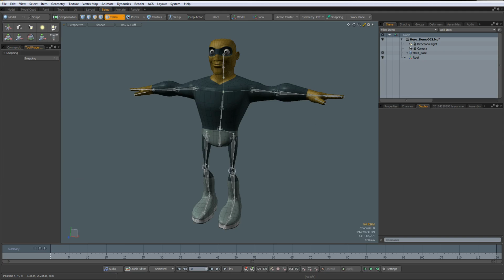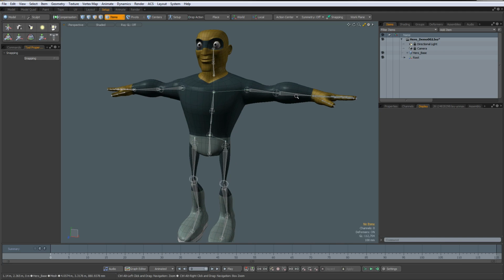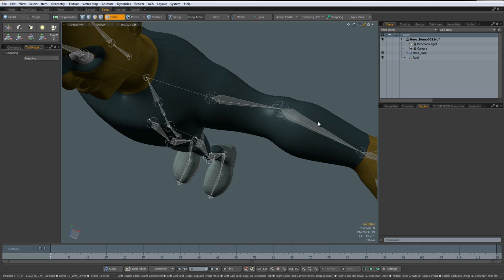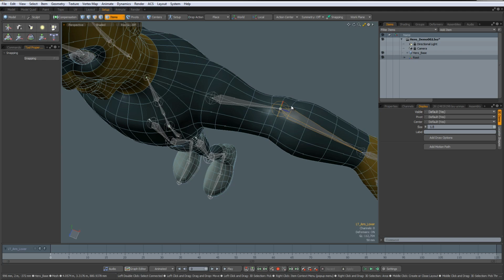The setup action state in MODO quickly became one of my favorite features when rigging and animating. This feature allows you to refine a rig after you've already started animating without having to remove or disable any of the animation. So if I were to go in and see that when I rotate my